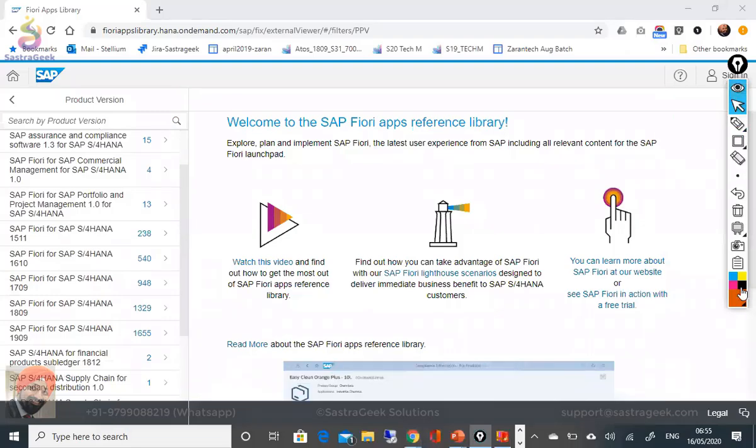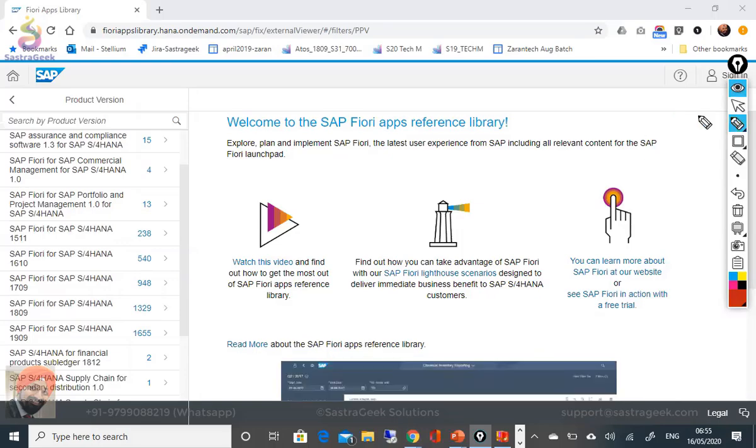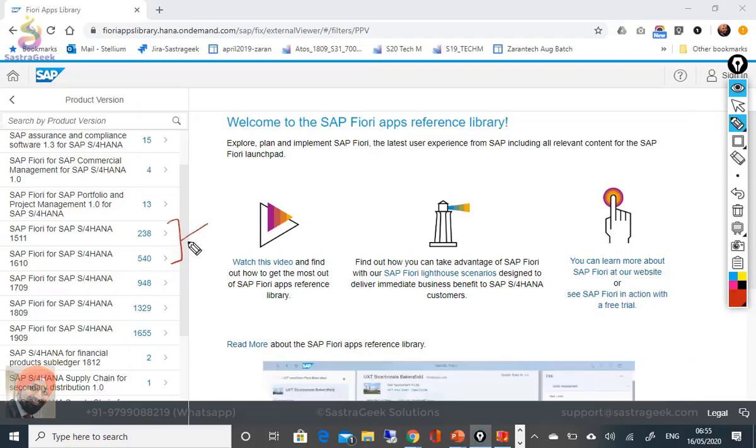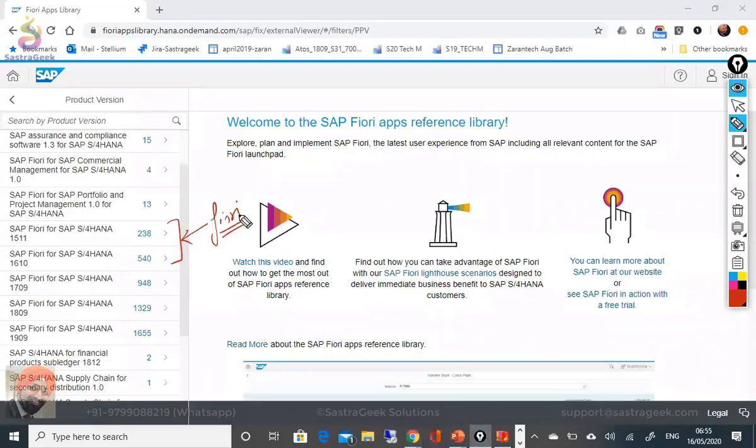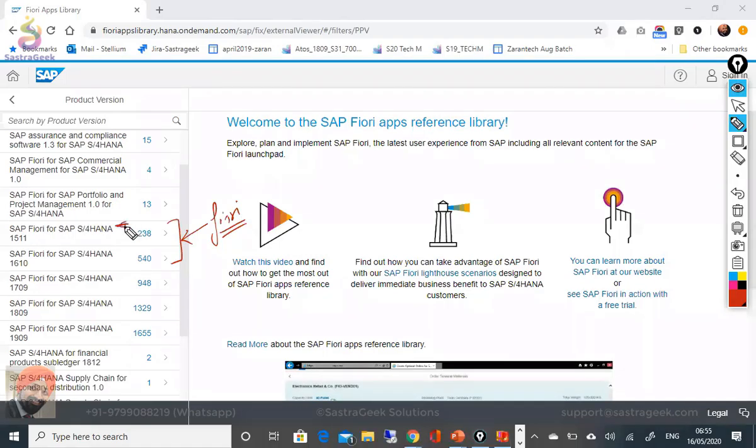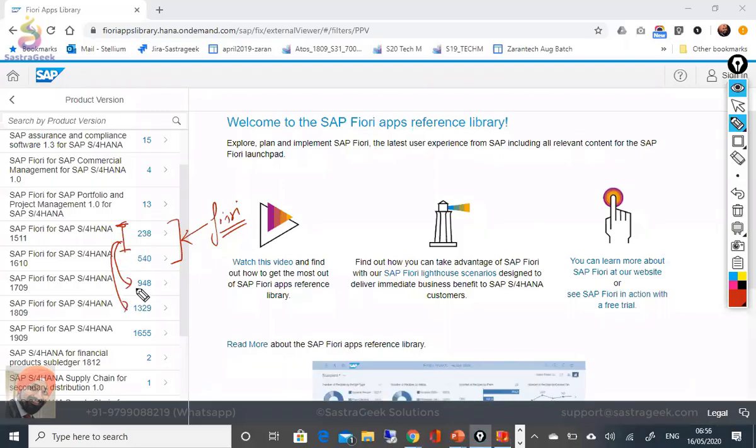The growth is really amazing, guys. I have seen the SAP from starting from 1511 till 1610. The using of Fiori was pathetic because few applications were available. There were the bugs in the applications, and a lot of things are there. But the applications which have been introduced in 1511 and 1610 got stable in 1709 and 1809, and then